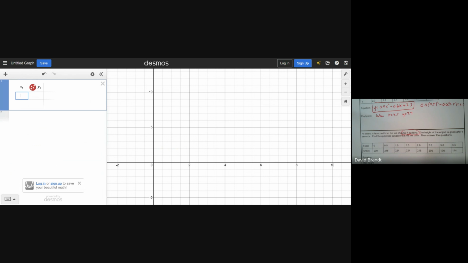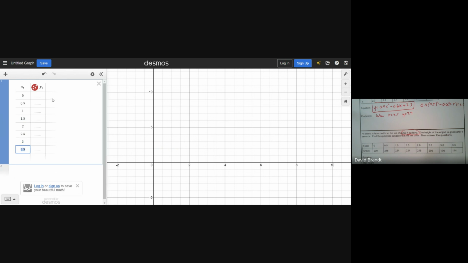All right, so let's see. We're going to plug in all the x values, 0, 0.5. If your x values follow a pattern like these do, you can just keep hitting enter and it'll autofill them for you. But you could type them in separately if you want. The y values don't follow a pattern, so I need to type those in separately. 200, 216, 224,